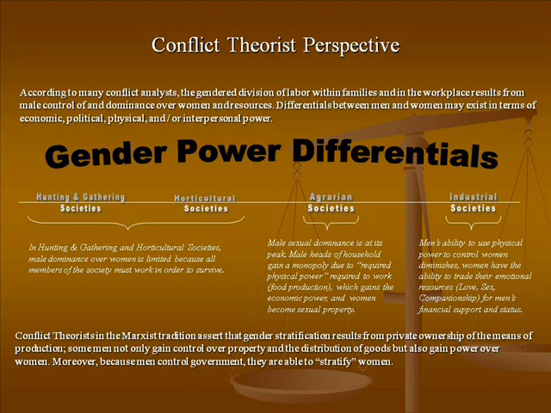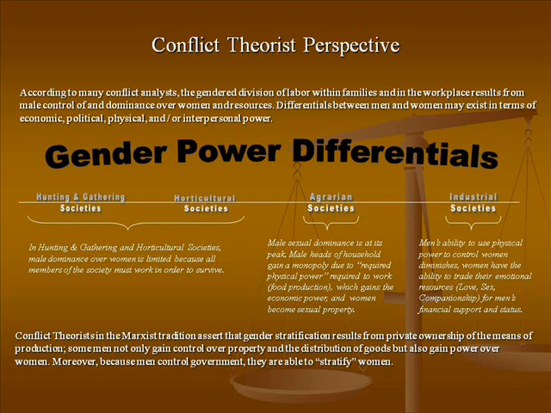We have the evolution of society overall over the times, and depending on the type of society, men have had more control over women. For example, in agrarian societies, male dominance was at its peak. Because males were providing a lot of the physical power required to work the farm and whatever agriculture, and women had to limit themselves to caretaking roles and so on.